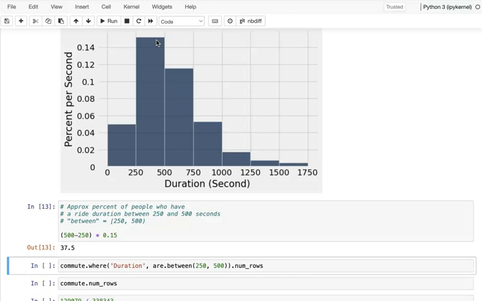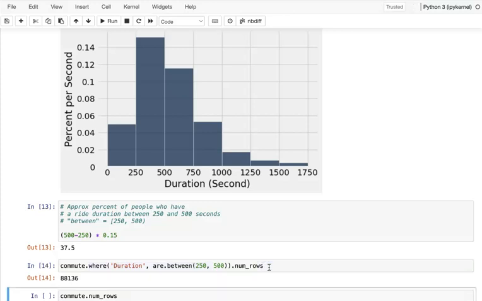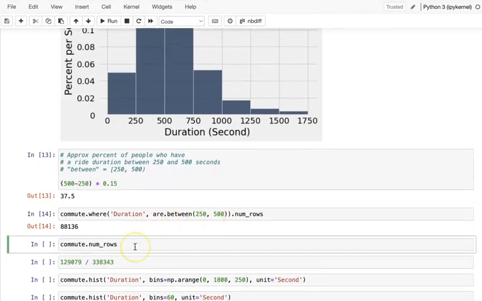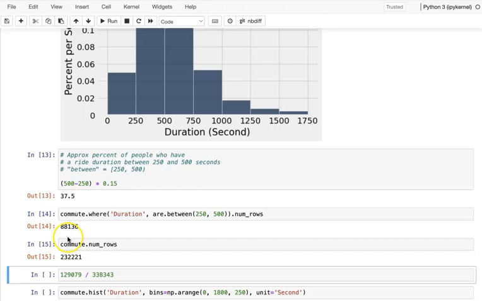But like we said, we get that by default, but we don't know exactly if this one is really 0.15. So that's why we can try to find the exact percent. So how do we do that? Again, the same thing. We use the commute, just using the duration. We give the condition where we want to see, so then we get the number of rows for this duration.